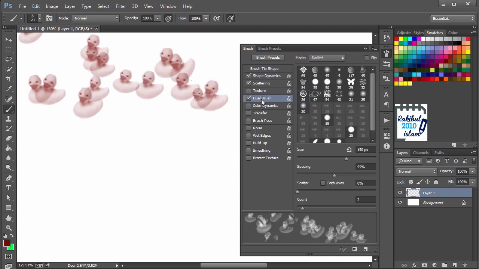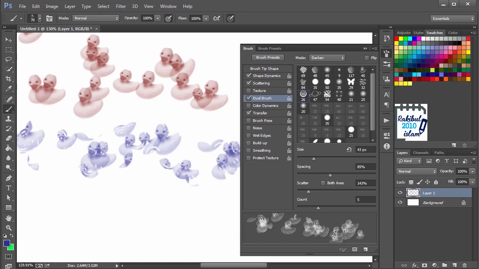And if we select the dual brush and select a different pattern, and we can change the size, spacing. We can choose a different brush tip. We can choose a different color, and now we can draw. So it will result like this.